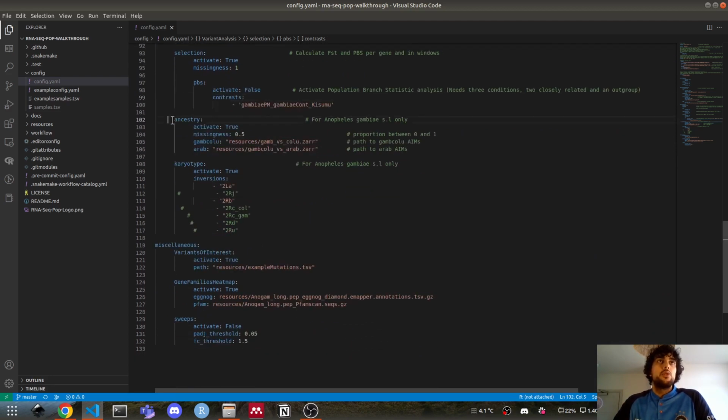We have options to run the ancestry analysis, to run karyotyping, to look at allele frequencies of mutations of interest, and also we can make heat maps of different gene families, and we can even look to see, in Anopheles gambiae only, if any of the differentially expressed genes are lying underneath selective sweeps in the first phase of the Anopheles 1000 Genomes project.